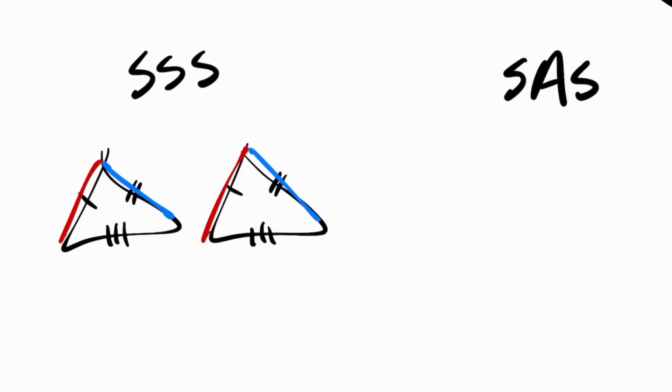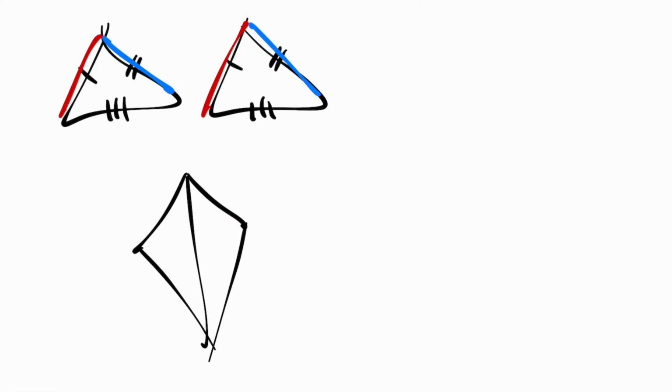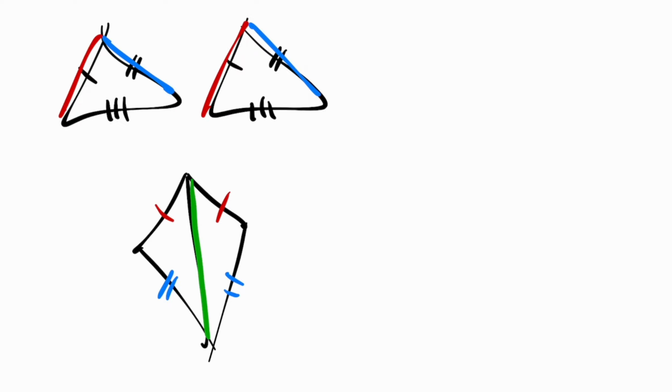Now, they don't always have to line up like this. You could have two triangles that are congruent by side, side, side, like this, where you have one pair of congruent sides, a second pair of congruent sides, and that third pair of congruent sides is actually this side that they share along one edge. So it can show up in different ways, but side, side, side is three sides that are all marked as